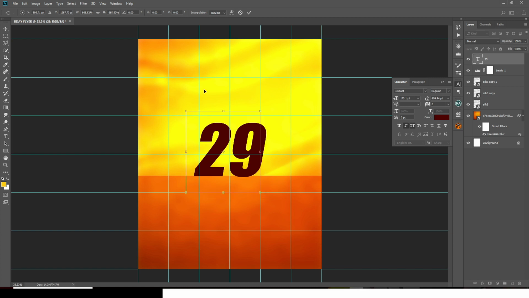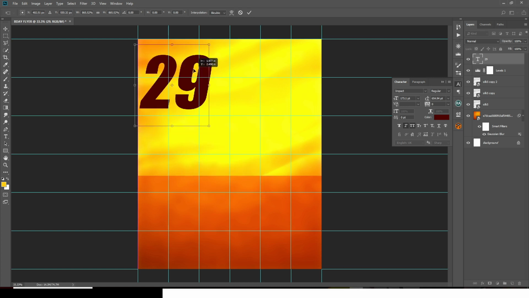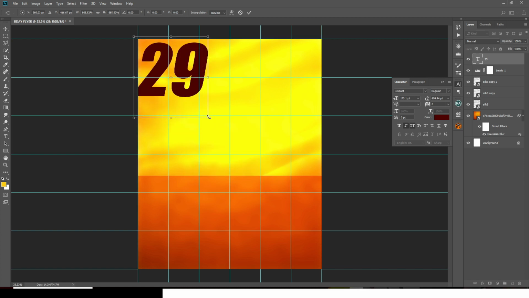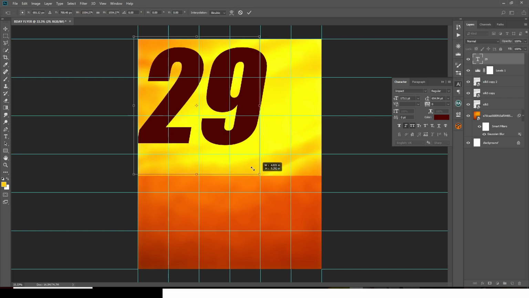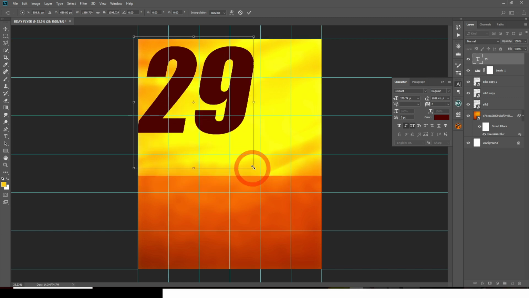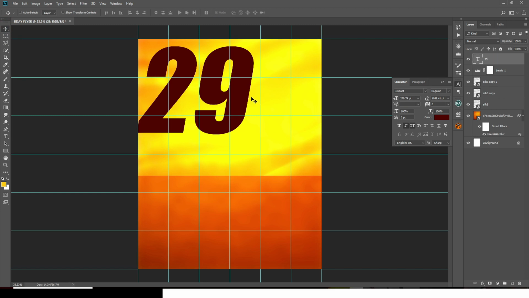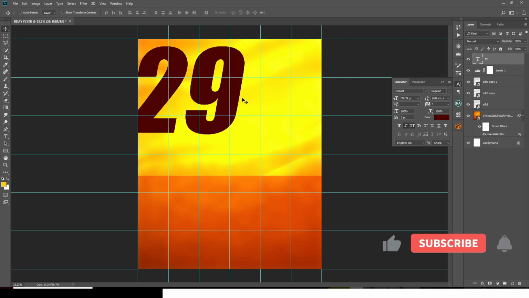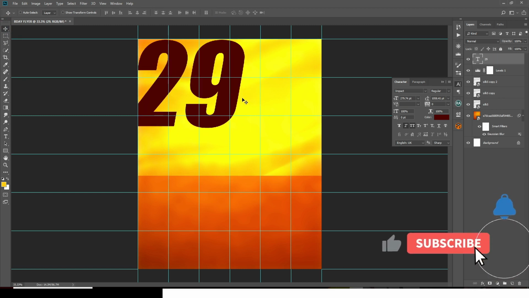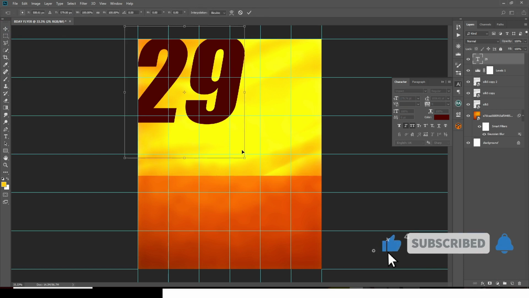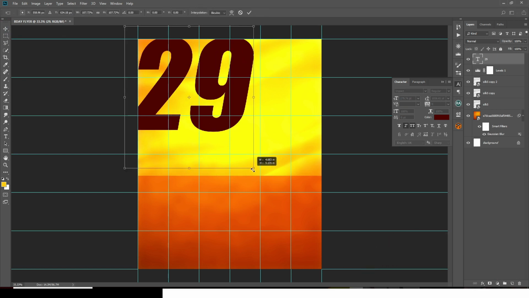Increase the font size, and then drag it somewhere there, and then drag it there like that. I think I'll settle for this, and I'll drag it in here. Let's click on our move tool. I'll drag it in there like that. Okay, maybe perhaps drag it up and even increase it the more. Alright,